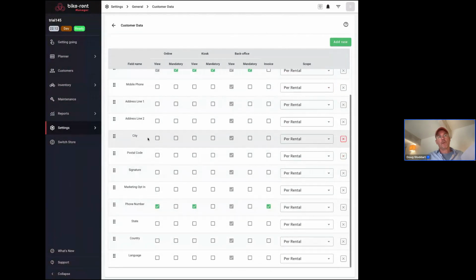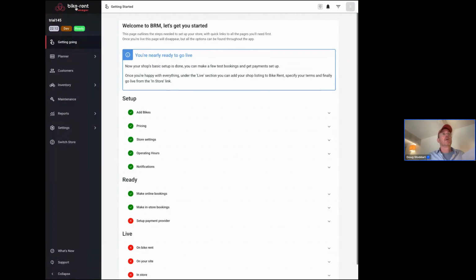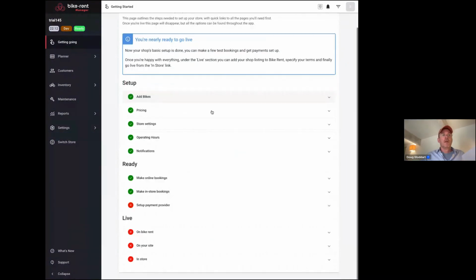And if there aren't any fields here that suit the job you're trying to do, you can add a new one like driver's license or whatever is missing for you to be able to do it. ABC length on a bike or rider weight to set up the suspension. You can just go right ahead and add that in. So let's go back now and have a look at the list. Okay, so we've been doing the